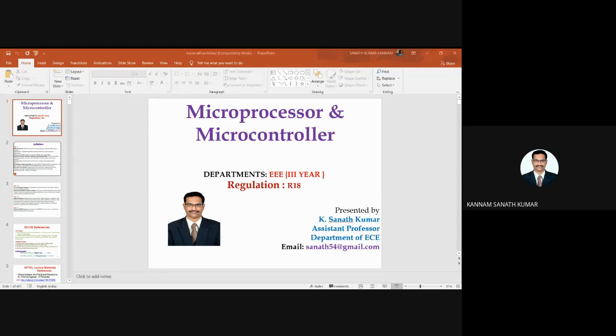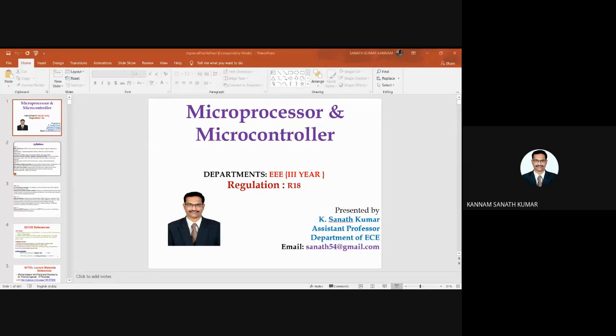In the fourth unit, you will study one of the important high-end processors, that is the ARM architecture. ARM stands for Advanced RISC Machine. In this fourth unit, you are going to study ARM processor fundamentals, ARM architecture and registers, the CPSR (current program status register), pipelining, exceptions, interrupts, and ARM instruction sets. There are instruction sets like data processing, branch instructions, load store, and software interrupt instructions. We will also study some conditional executions.